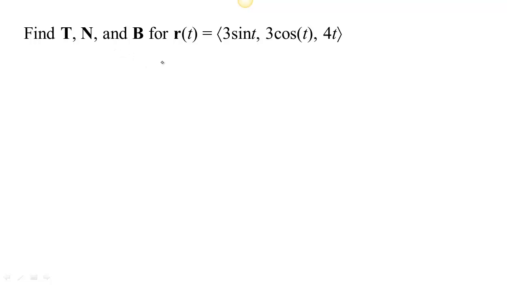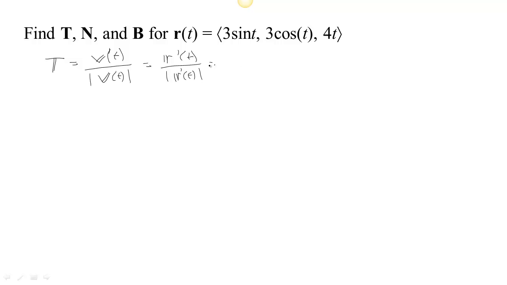Let's look at an example of finding T, N, and B for a particular curve. Remember that in order to find T, we want to find a unit tangent. We know the velocity is tangent to the curve, so we'll find the velocity, but we'll make it a unit vector by dividing it by its length. In other words, we're going to take the derivative of our position function divided by the length of the derivative